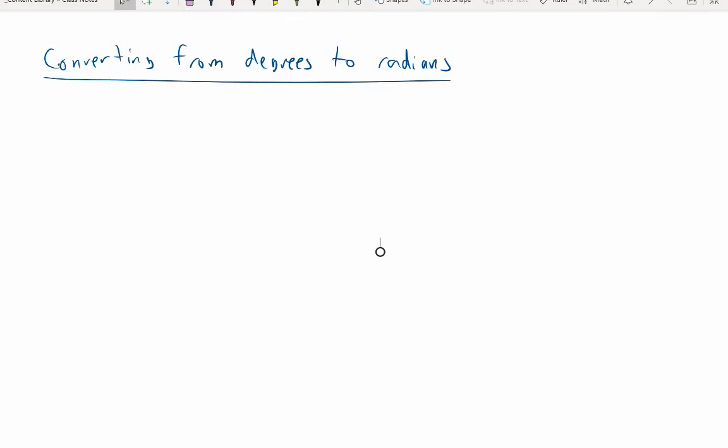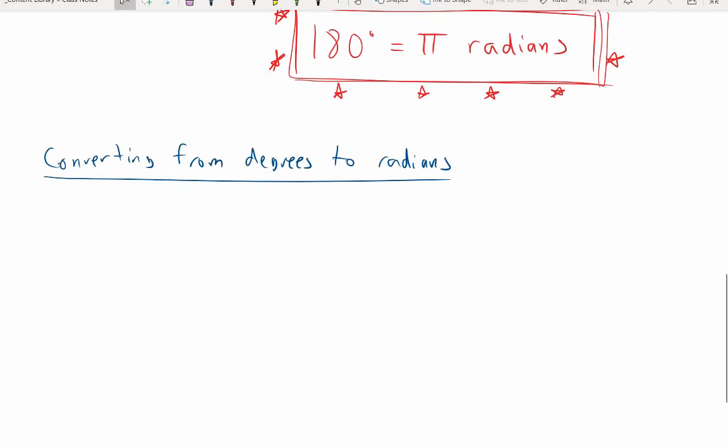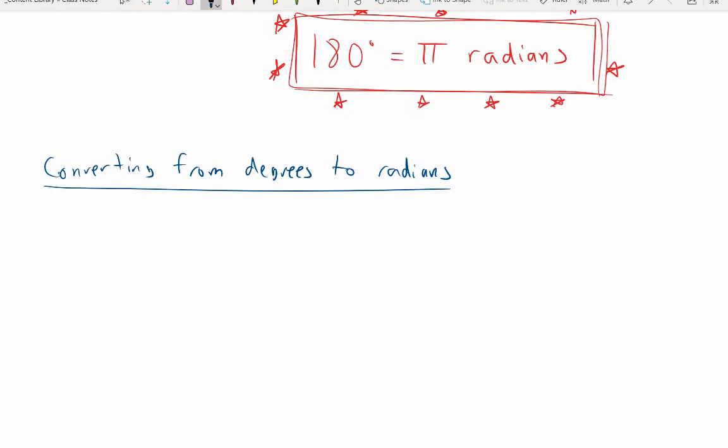Okay, so we just established up here that 180 degrees is equal to pi radians. What we want to do now is talk about, all right, we're familiar with degree measure. We're just learning about this radian measure. It's a new way to measure the size of an angle. What we have to do is figure out how do we convert degree measure that we're used to into this